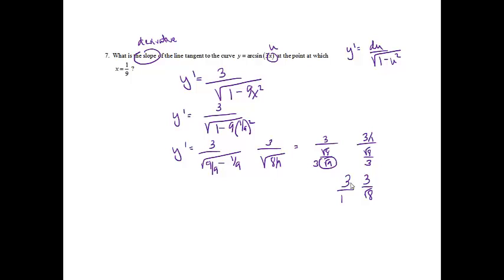So multiplying across, 3 times 3 is 9 over the square root of 8. If you also wanted to rationalize the denominator, another acceptable answer would be 9 square root 8 over 8, but both of those are fine. Okay, 8. If f of x equals e to the ln x squared minus 8, then f prime of 3